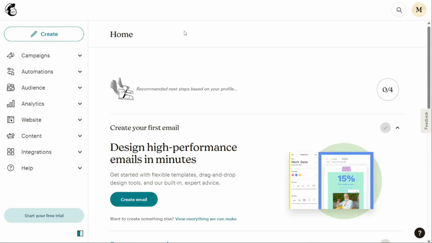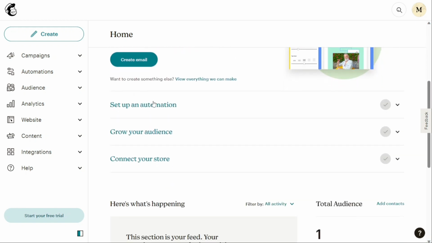So, when you log into your Mailchimp account, the first thing you will see is the dashboard. The dashboard provides an overview of all the features and tools available to you on Mailchimp. The home page of the dashboard allows you to connect your e-commerce stores such as WooCommerce, Shopify, Squarespace, and others